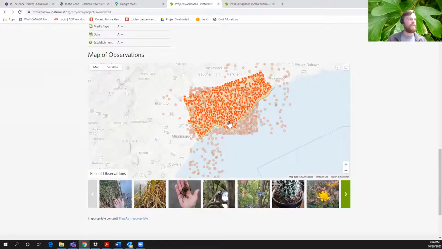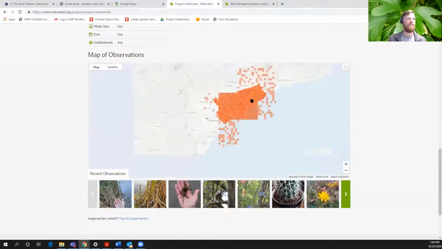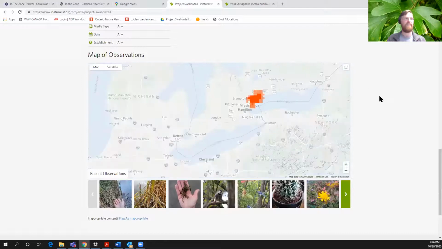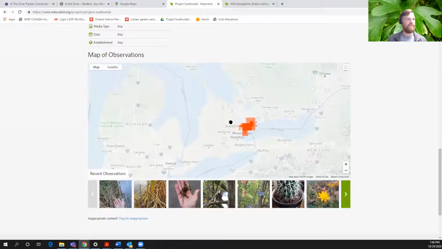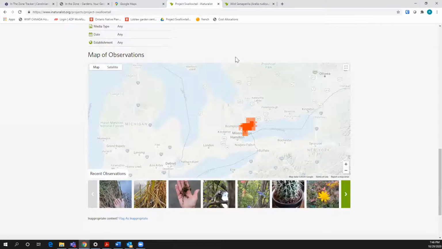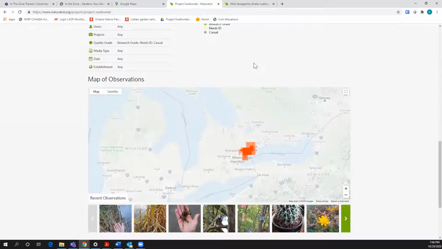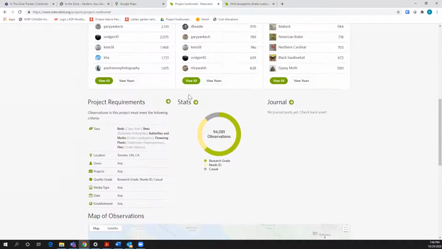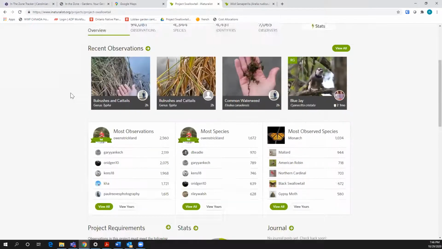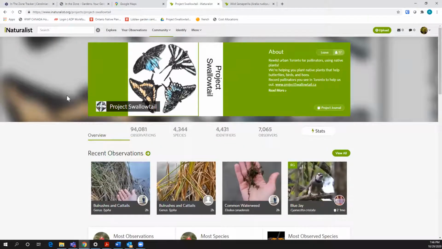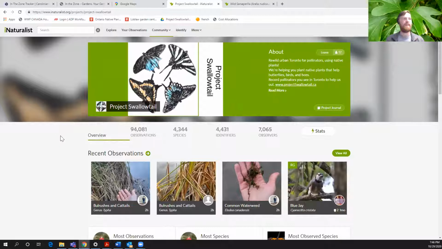So we're seeing observations within our Project Swallowtail area, is I believe how this worked. I think Clement set this up actually, if I'm not mistaken. Yes, it is Clement Kent, who is a Project Swallowtail Block ambassador and member of the steering committee, and also a retired professor from York University who studied pollinators. Absolutely. So I recommend you can do that.